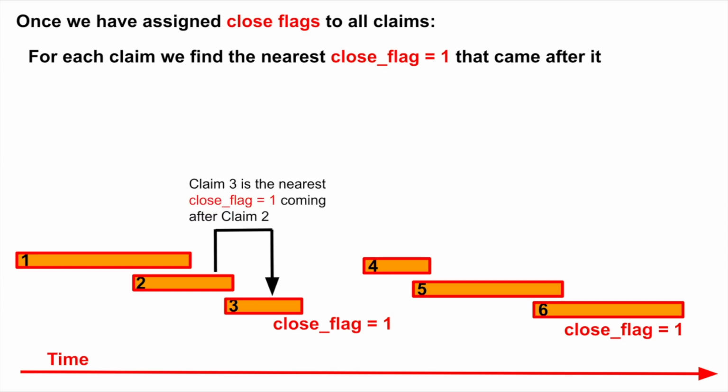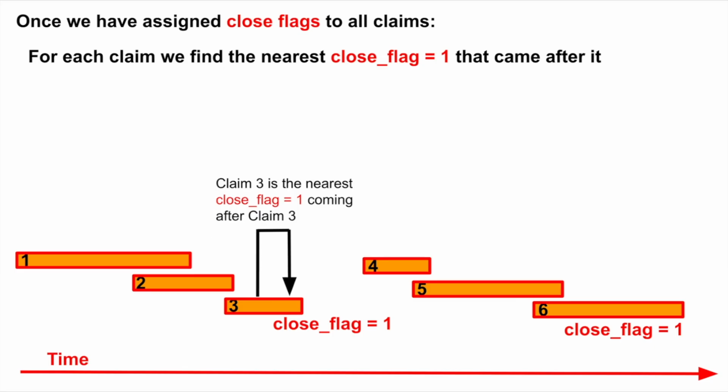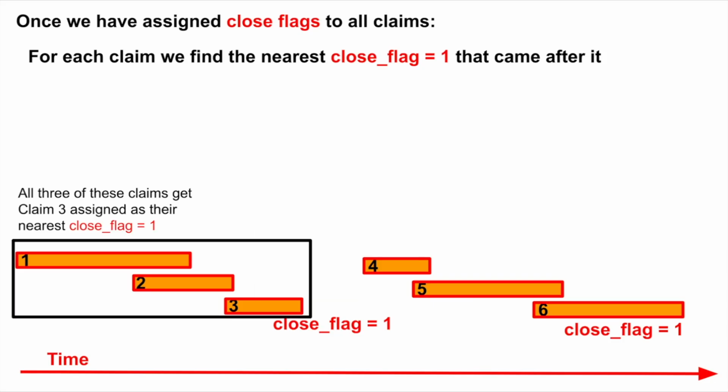For claim 2, still claim 3 is the nearest close flag of 1 that comes after it. For claim 3, it is itself the nearest close flag of 1. And so all 3 of these claims get claim 3 assigned as their nearest close flag of 1. And so we assign the claim ID of claim 3 as the encounter ID for all 3 of these claims. All 3 of these claims are part of the same encounter, and their encounter ID is the claim ID of